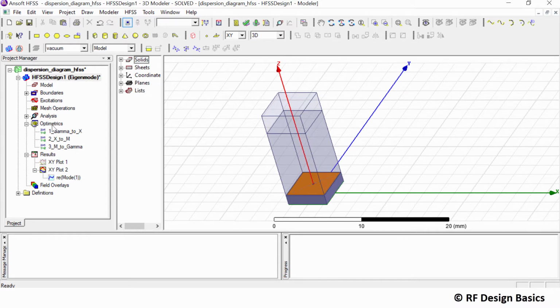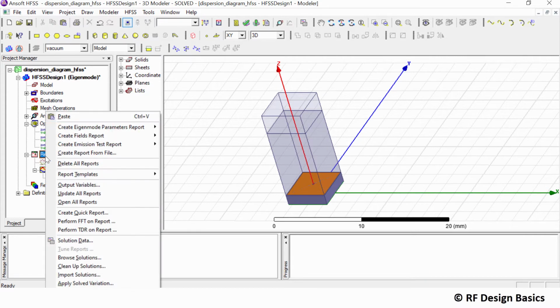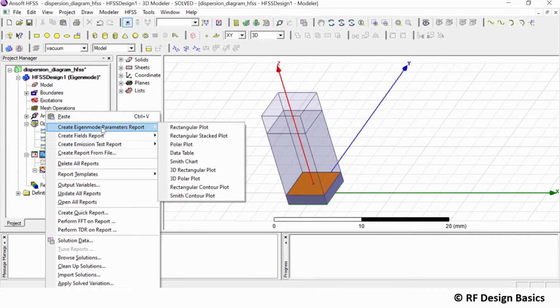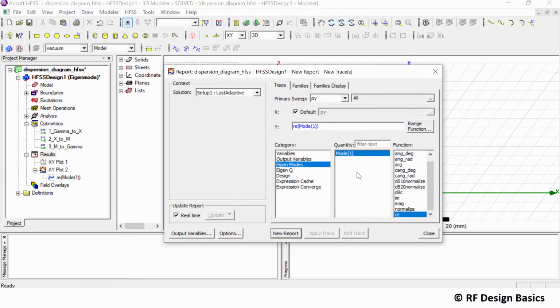After the simulation, we are going to plot it from the results. Right click on this, create eigenmode parameter report, and then rectangular plot. When you click this, you have eigenmodes, mode 1, because we have selected mode 1 only.